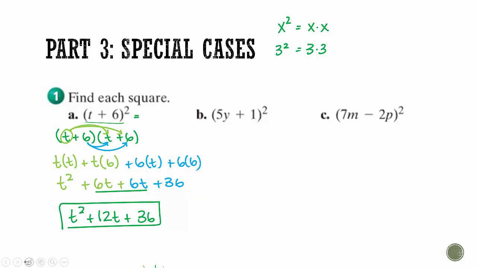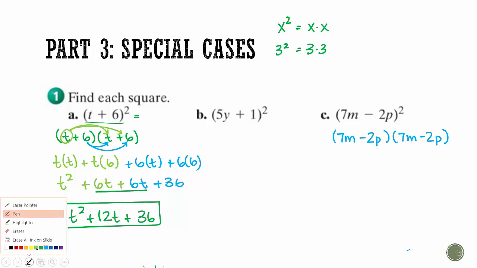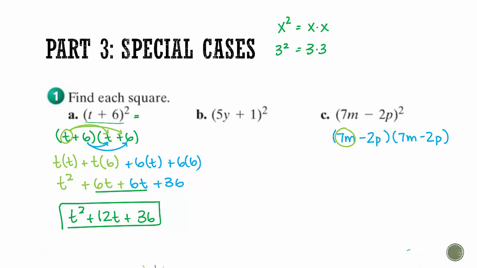So let's try another one. Let's try C. So when you see this, remember, think this, that you have 2 of them. And then double distribute. So 7m times 7m,